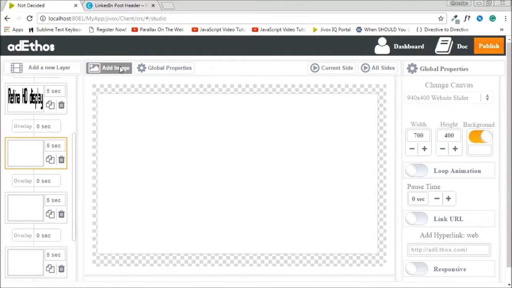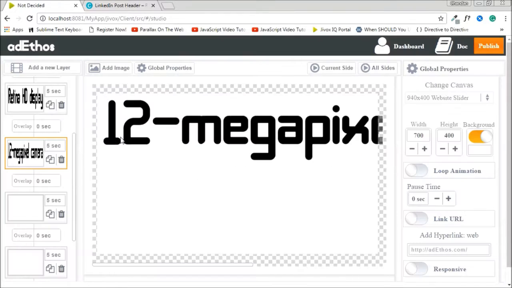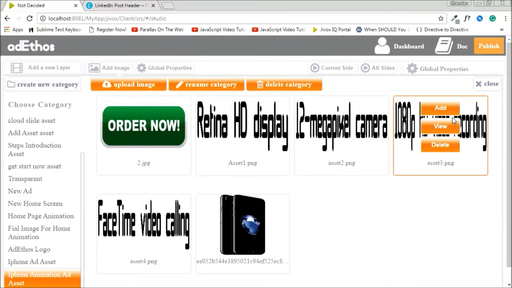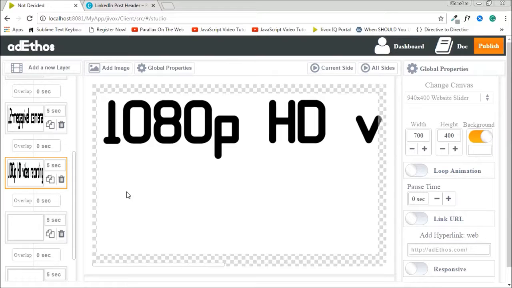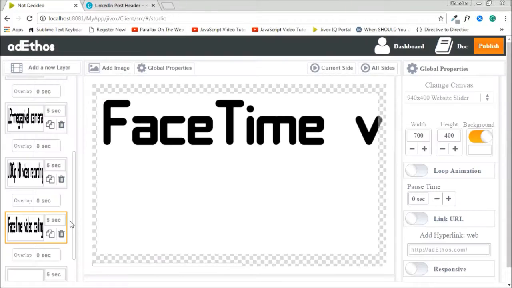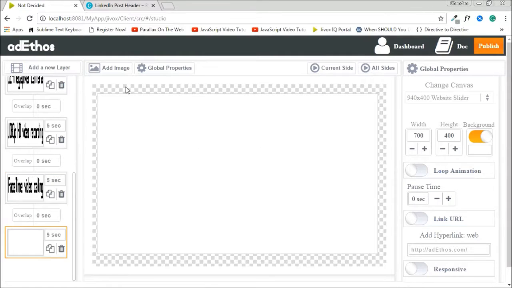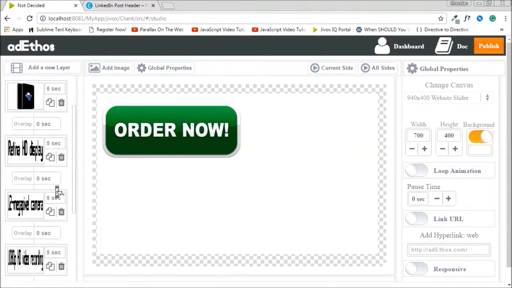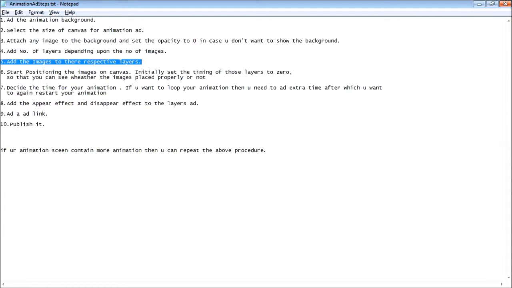Let's add the third, which is going to be this one. Let's add one more. Next, let's add the last one. This is going to be last. So we are done with these steps. So the next step, it is saying